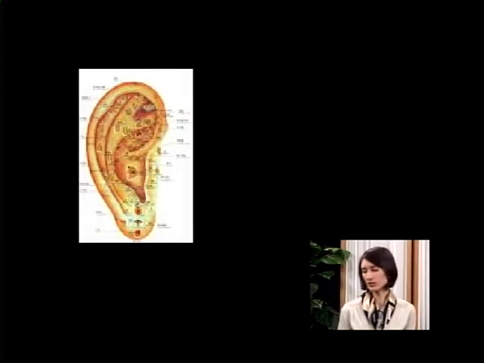Now if you look at this picture, and I have a little model of an ear here, the bottom of the ear is representing your head. So they have your eyes, your ears, your tongue, different parts of your head on the lobe of the ear. As you move up onto the inside of the ear, this is where all of your internal organs are located. And all the way up to the top of the ear is your feet. So it's sort of like a person turned upside down, where the head is at the bottom and the feet are at the top. And these points are used frequently in Chinese medicine to help stimulate the points, especially between